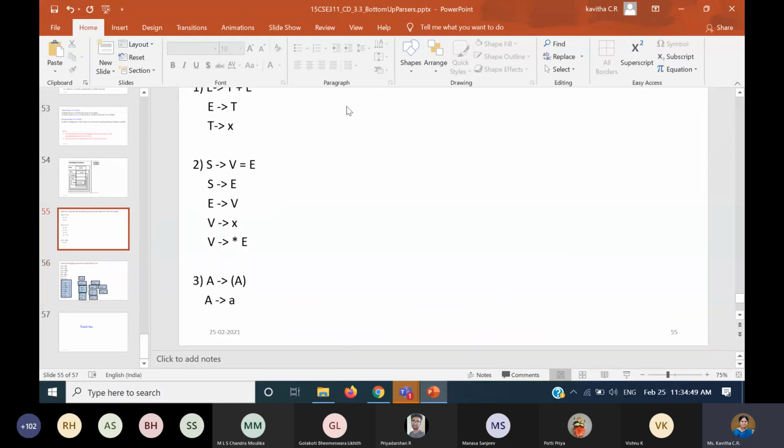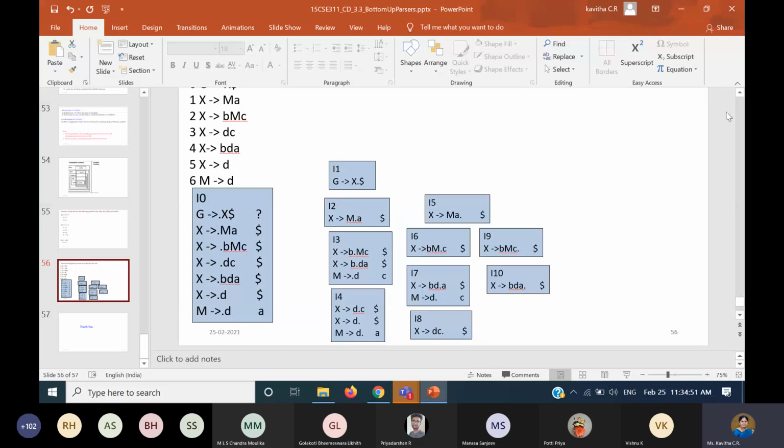So you are going to prove the first part. The second part is what? This is suitable for LALR(1), but it is not suitable for SLR. So you have to create a diagram for SLR. That is the LR(0) diagram. If you create it, the same thing is used for SLR.